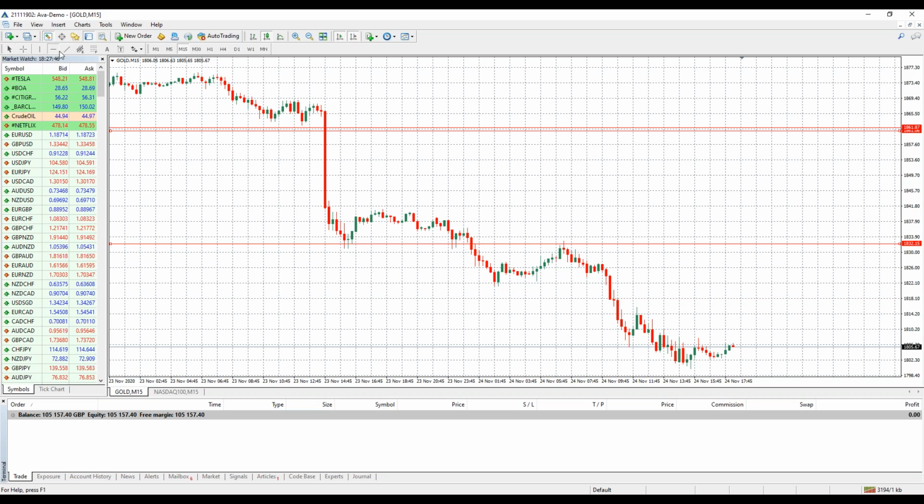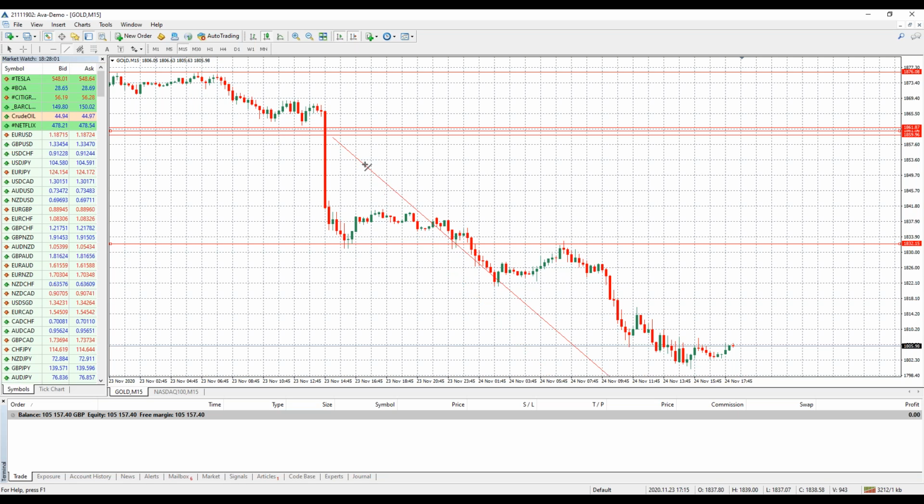So I could have put, this is the resistance, right? Resistance, it hit and dropped, hit and dropped, hit and dropped, hit and went up, hit and went up. So I simply place a pending order here as a sell stop. If it breaks the support, it sells automatically. And those of you that are new to things, I'll show you how to set a pending order like that. Sell stop, boom. It breaks the support, it automatically sells. Look at the profit you make. Soon as it consolidated, meaning went sideways, take your profit, okay?